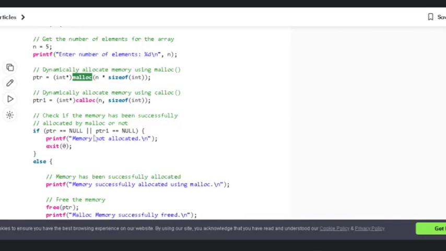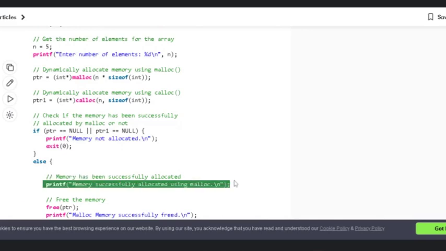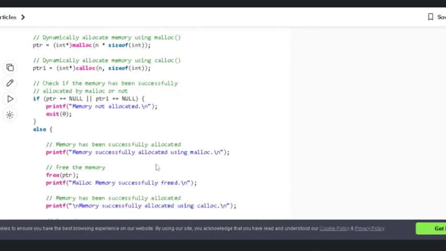If any one is not allocated sufficient memory, then this statement will be printed. Otherwise, this will be printed, that memory is successfully allocated using malloc or calloc, because we are testing both the pointer variables, ptr and ptr1.